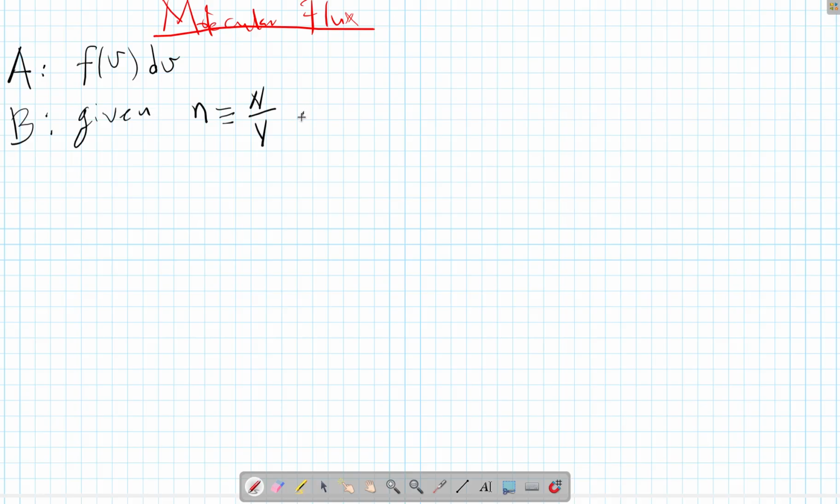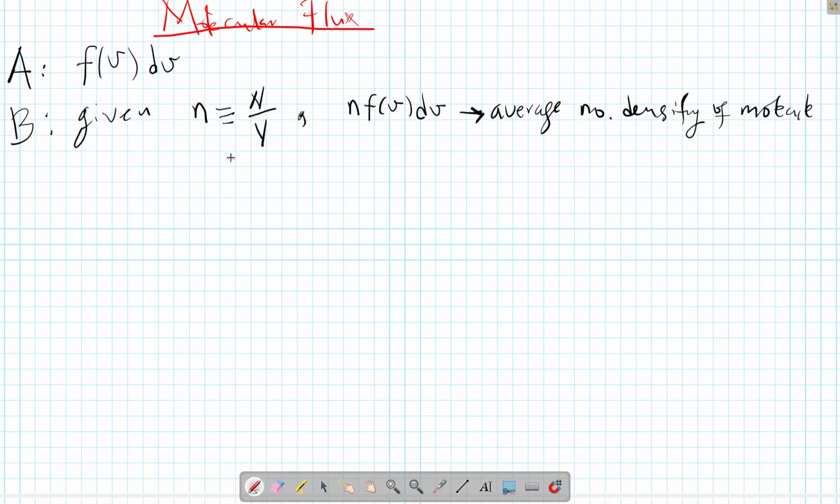With this we can have the expression n times f of v dv to be the average number density for the system of gas under consideration. Average number density of molecules